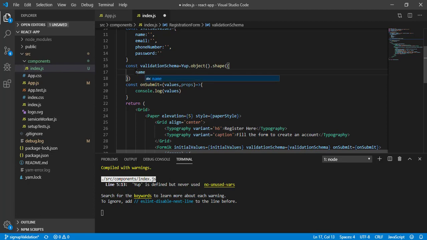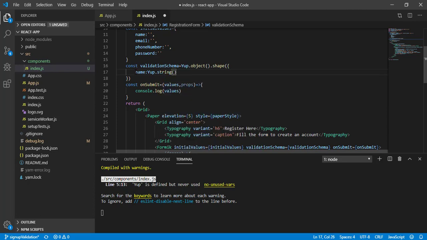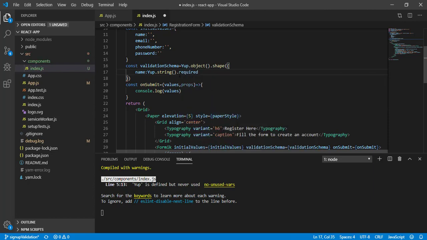Here name: Yup.string(). Whatever value I get, I will convert that value to a string, and I will say required. So this is going to be a mandatory field. If the user is not giving or typing the value, it will show the error message as required.